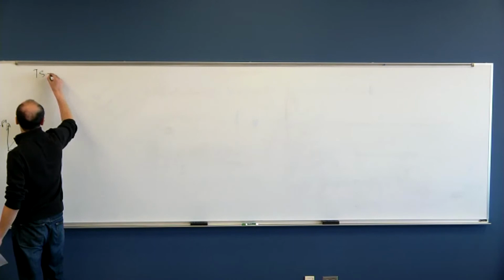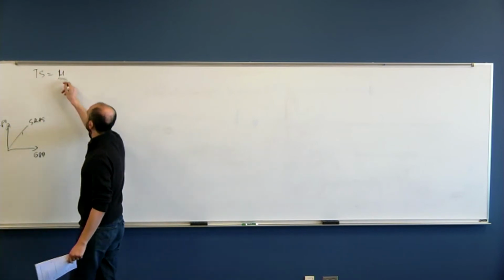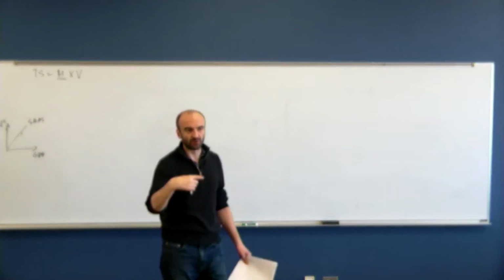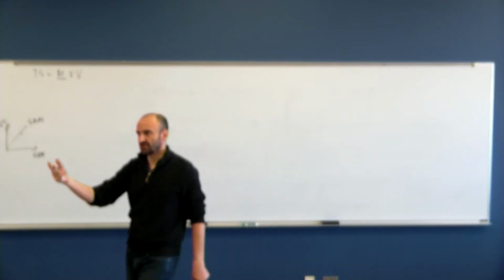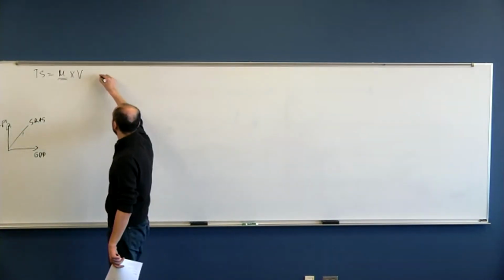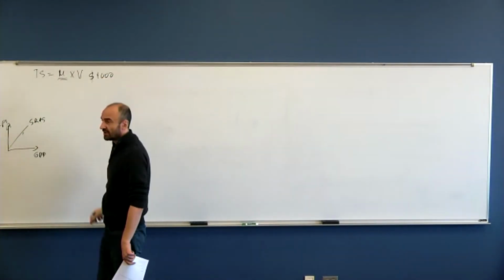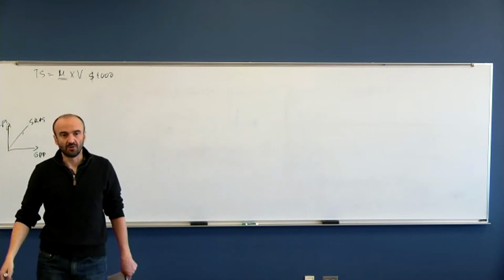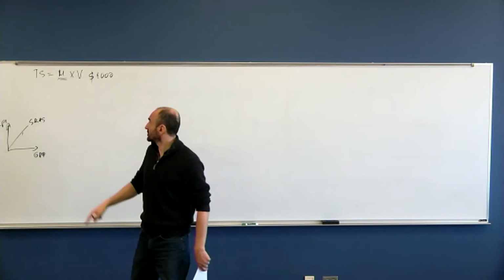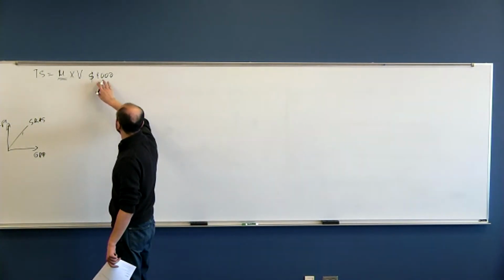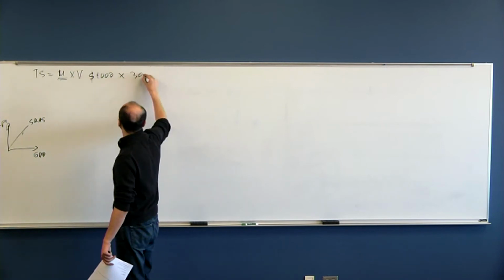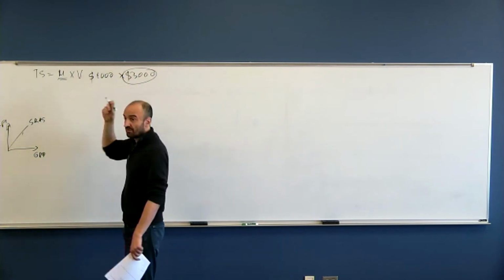Total spending in the economy equals quantity of money, how much money you have, times velocity of circulation. Velocity of circulation is the average number of times that the monetary unit changes hands, the frequency of payments. So if we have in this class $1,000 distributed in some way among us, and we make on average 3 transactions every day, every monetary unit changes hands 3 times. So the total spending will be $3,000 per day.